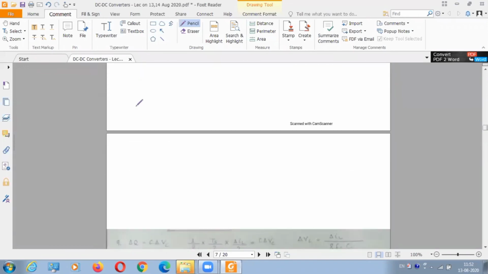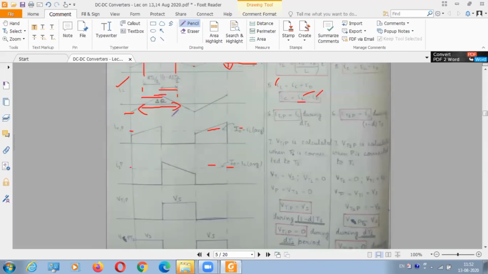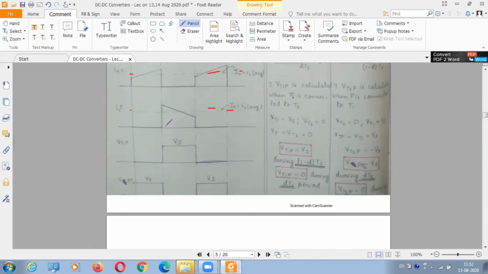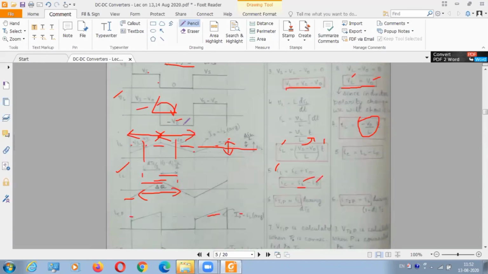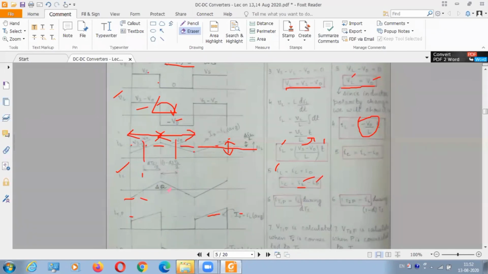Now del Q is the area of this triangle. So the area of this triangle is half base into height. So from here I have written it over here. This height, what will be its height? Now check this waveform. Tell me anybody, what will be the height of this figure? I have told you the breadth over here, the base T by 2. What will be the height? Anyone? Can you tell me what will be the height?